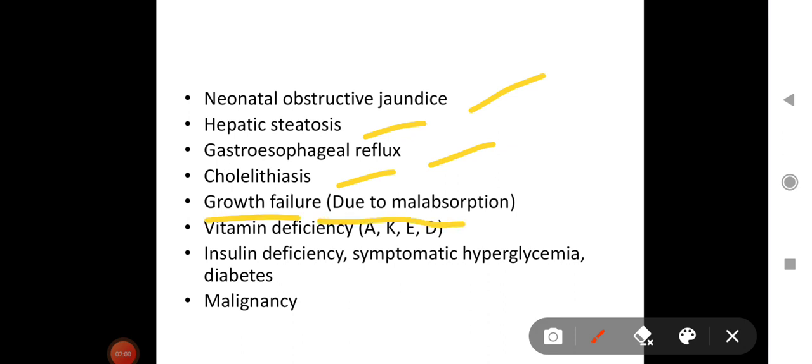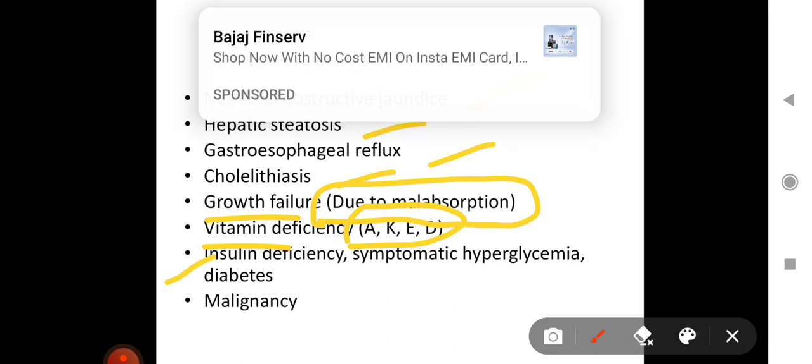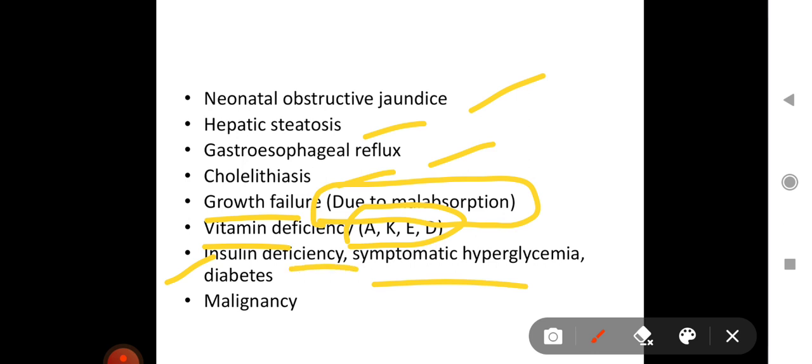Why growth failure? Due to malabsorption, because the exocrine pancreatic insufficiency leads to impaired absorption from the intestine, which leads to growth failure. Deficiency of fat soluble vitamins, again due to the malabsorptive function of the intestine. So vitamins A, D, E, K are usually deficient in these patients. Even the endocrine part can be disturbed, so insulin deficiency, symptomatic hyperglycemia, diabetes, and some may present with malignancy at